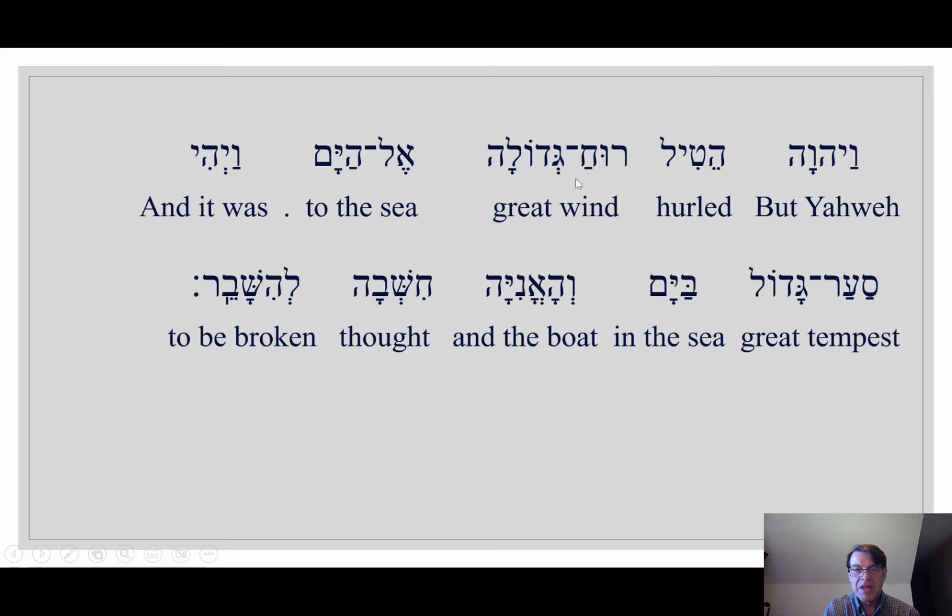In the sea. And it was a great tempest on the sea. On is probably better. There's ba, meaning on. And the boat, ha'aniya, and the boat, there's a "the," we'll talk about this, a slightly different version of "the." The boat thought to be broken. It said, should I break or should I not break? Hebrew's very poetic. I'm thinking about breaking up here. The boat thought about being broken. Very interesting. By the way, lamed is another preposition. It means "to." But more on this later.